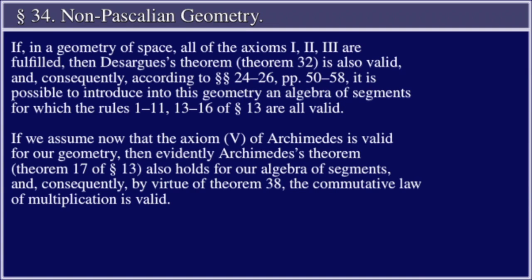If in a geometry of space all of the axioms 1, 2, and 3 are fulfilled, then Desargues' theorem, Theorem 32, is also valid, and consequently, according to sections 24 through 26, pages 50 through 58, it is possible to introduce into this geometry an algebra of segments for which the rules 1 through 11, 13 through 16 of section 13 are all valid. If we assume now that axiom 5 of Archimedes is valid for our geometry, then evidently